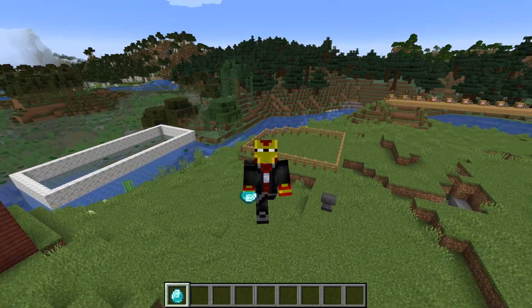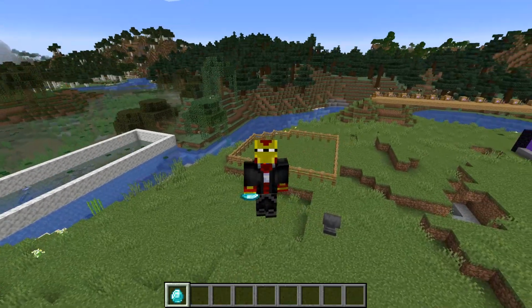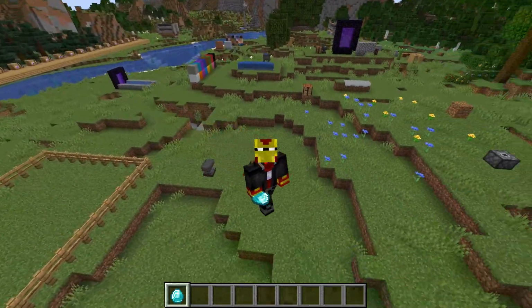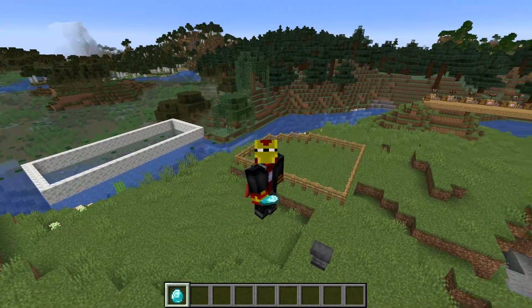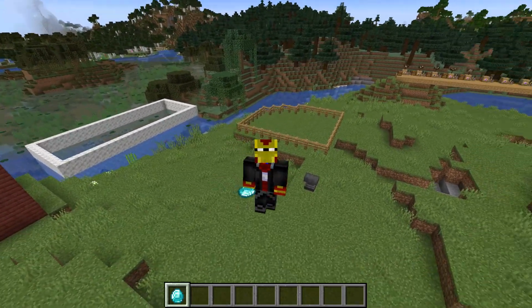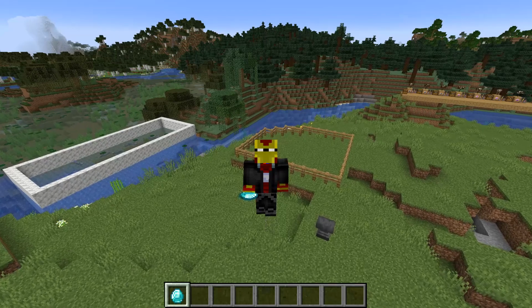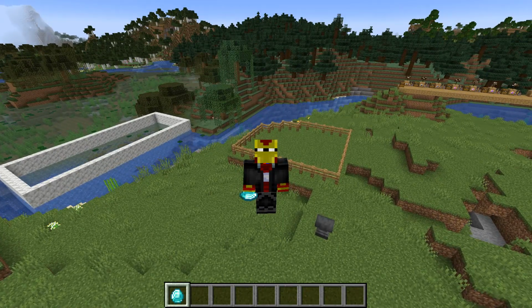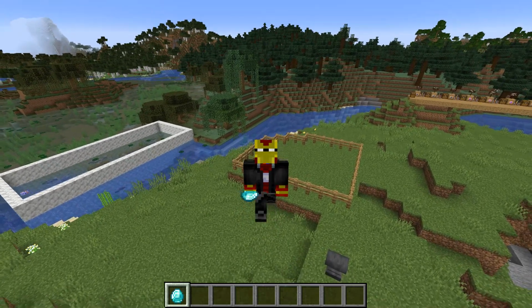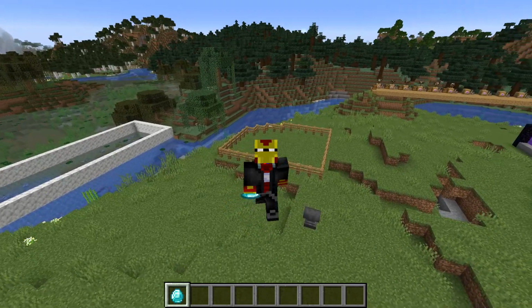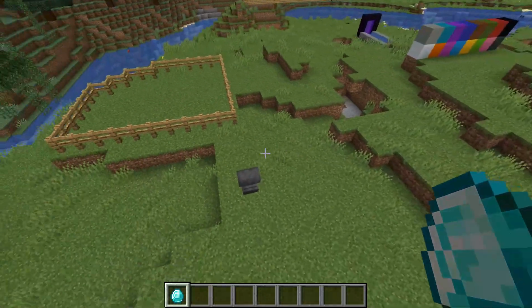I'm in Minecraft 1.19.1 on the Java edition, and this should also help if you're on Bedrock, I believe. If it's not the same for Bedrock, I'll put a pinned comment on the video somewhere. But within this video, I'm going to be talking about custom name item commands in Minecraft, because in a standard